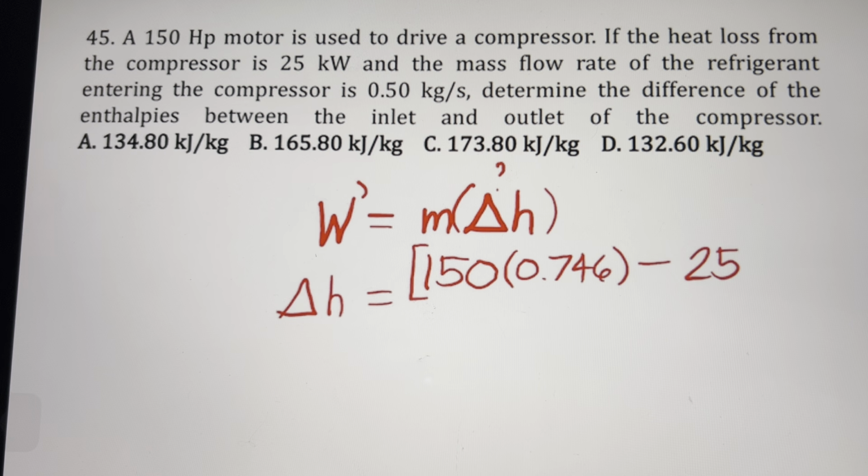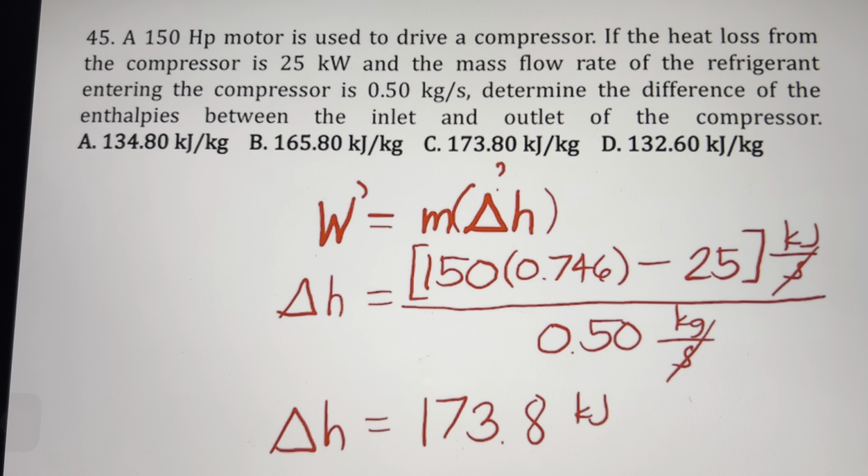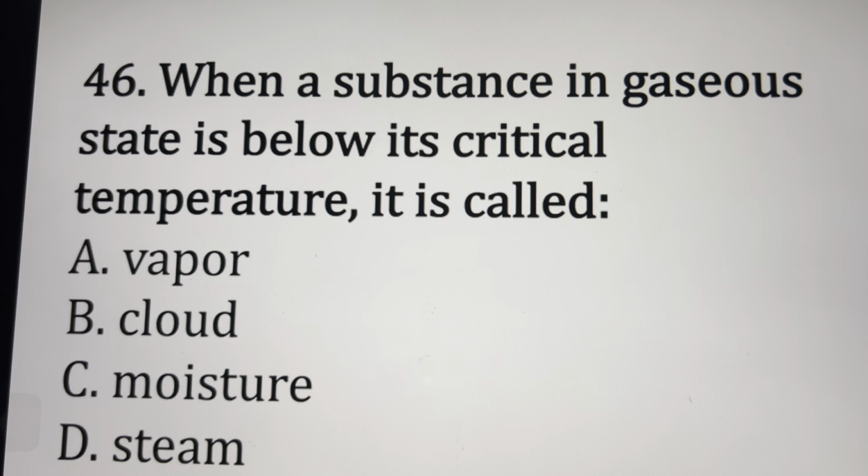So this is in kilowatts or kilojoules per second, and this will be all over the mass of our refrigerant entering the compressor, which is 0.50 kilograms per second. You can cancel out seconds, so our delta H is in kilojoules per kilogram. What is our change in enthalpy? This is 173.8 kilojoules per kilogram. When a substance in gaseous state is below its critical temperature, it is also called